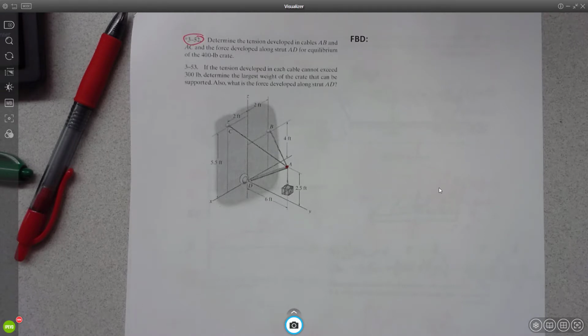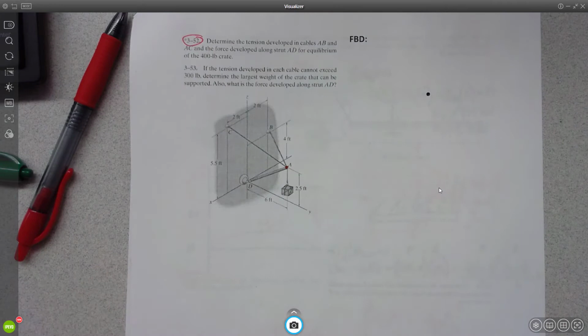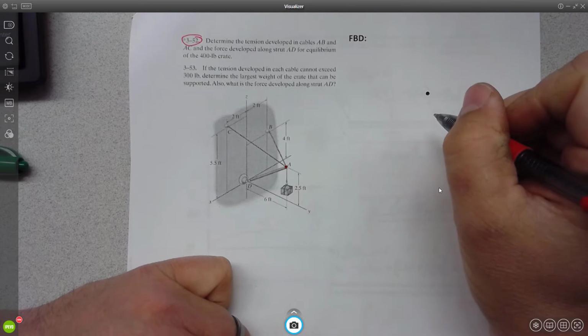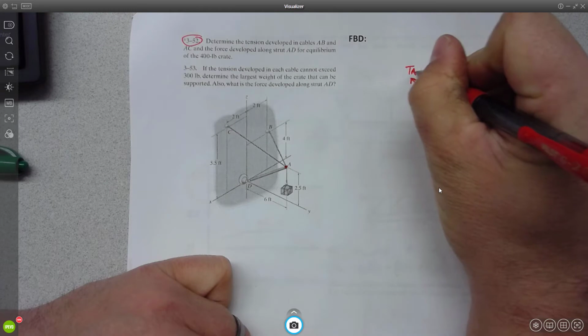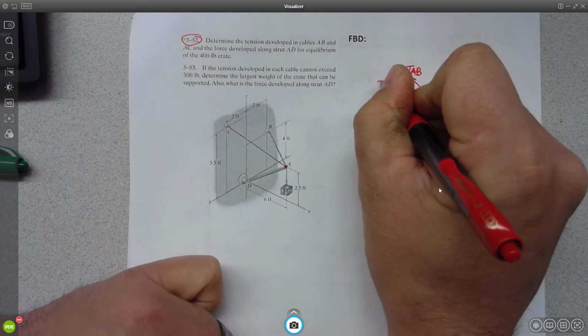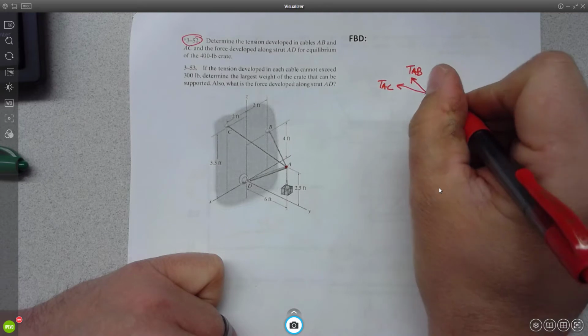How do we need to start this problem? Free body diagram would be a good place to start, right? Our free body diagram, it's pretty easy in these ones to draw the body, since it's a particle. Okay. What forces are acting on my particle? Okay, so I'm going to have some TAB, I'm going to have some TAC, and